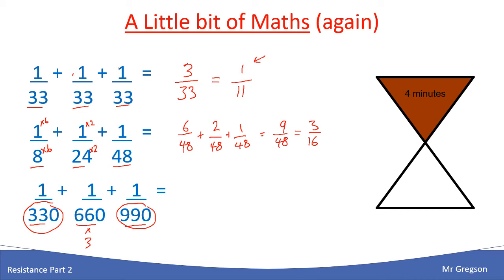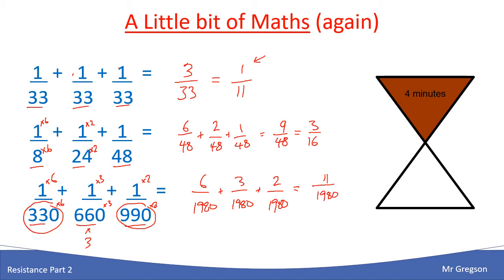So 660 times 3 is 1980. So to get to 1980 for this one, I need to times it by 6, and times top by 6, times that one by 3, times that by 3, times this one by 2, times top by 2. So I'm going to end up with 6 over 1980 plus 3 over 1980 plus 2 over 1980, which gives me a sum total of 11 over